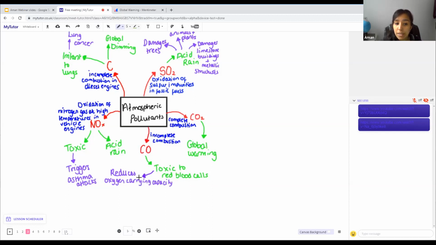And so what happens is that the oxygen in the red blood cells reduces, and instead the red blood cells start carrying carbon monoxide. And that's dangerous because we need oxygen in our body. All our cells need oxygen and we can't survive without that oxygen. So if our red blood cells are carrying carbon monoxide instead of oxygen, it means that our body starts to